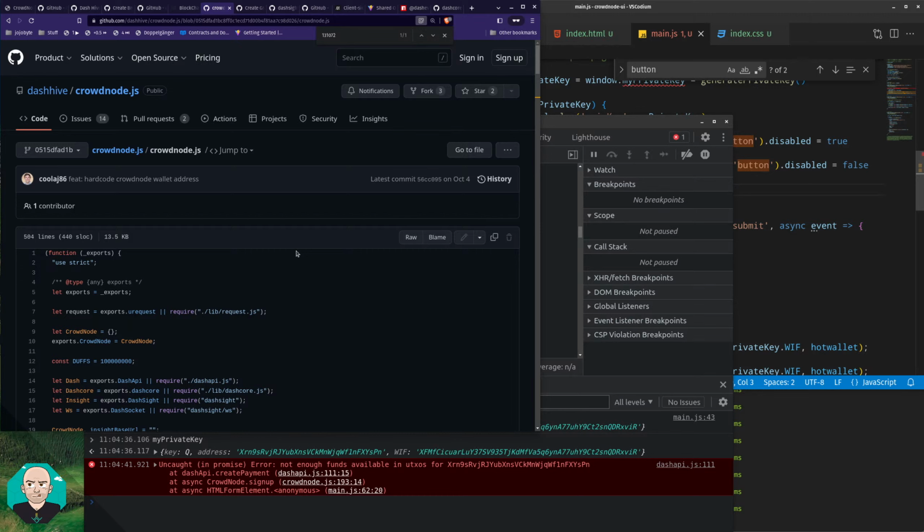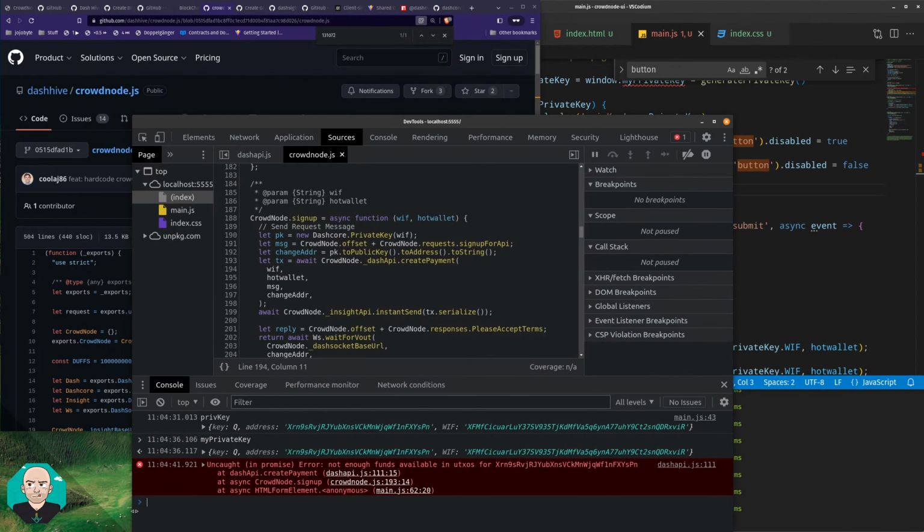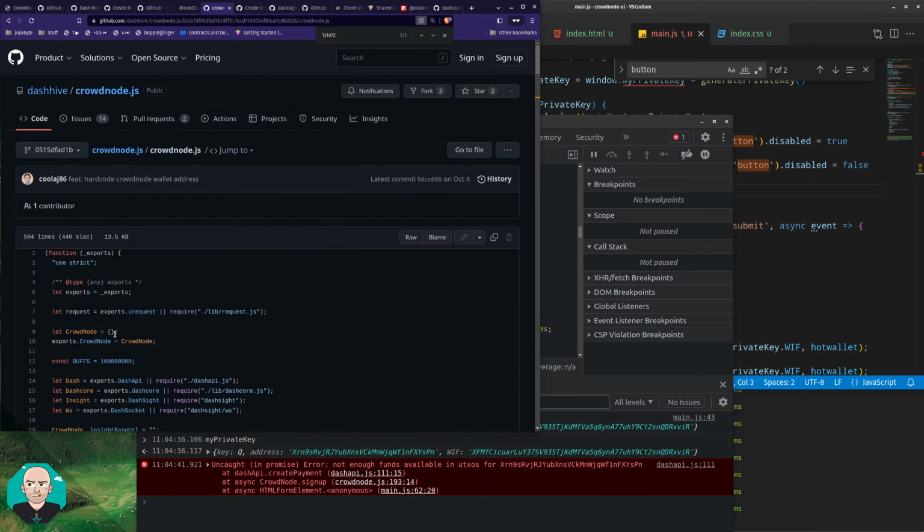Because of that, it can't actually send the required amount to trigger the API stuff. So I need to get some funds into